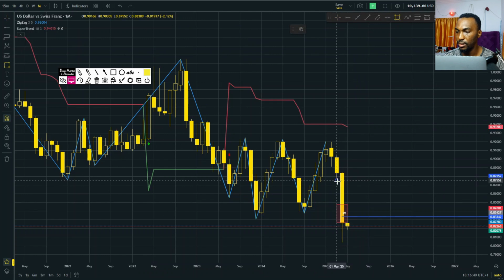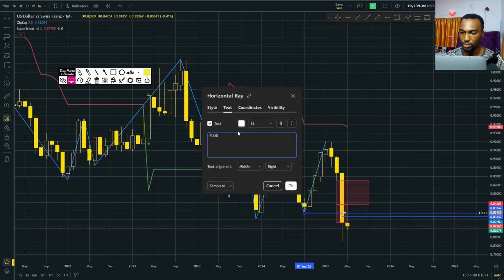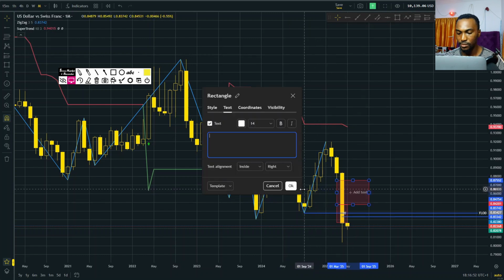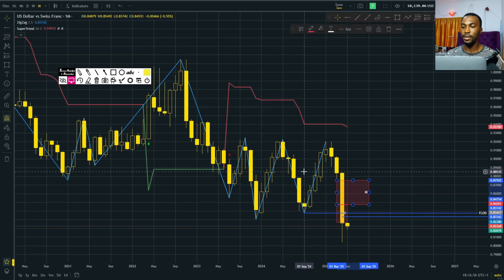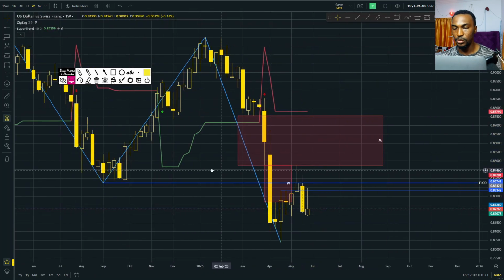You can see that right here, but there is no good overlapping defense, just this as the first line of defense, which is not so good. The fair value gap is not the first line of defense. It's not as if it's a bad thing when the fair value gap is not the first line of defense. It's just that it is most preferable when the first line of defense is a fair value gap. It is way more preferable at that point. So let's see on the weekly if we still have something useful to deal with.